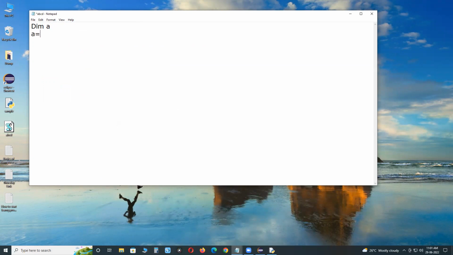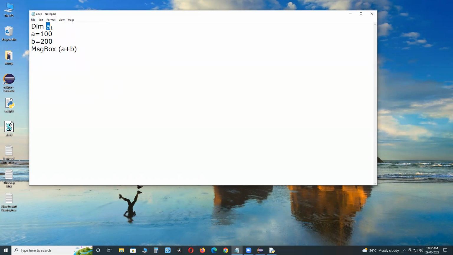Suppose A equals 100. Next, B equals 200. Next, MsgBox A plus B. VBScript is not case sensitive. Save.